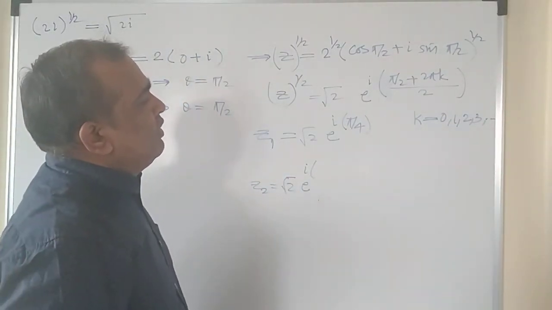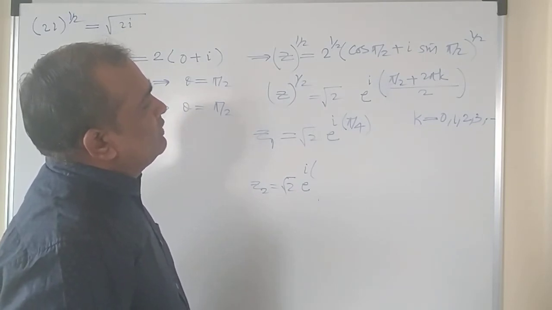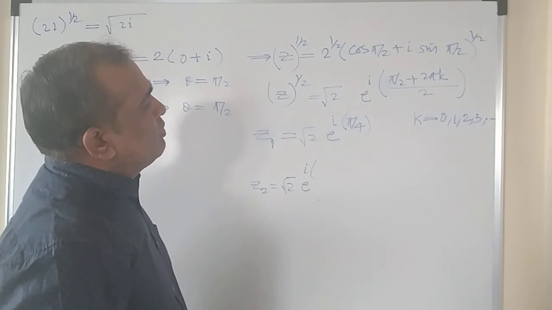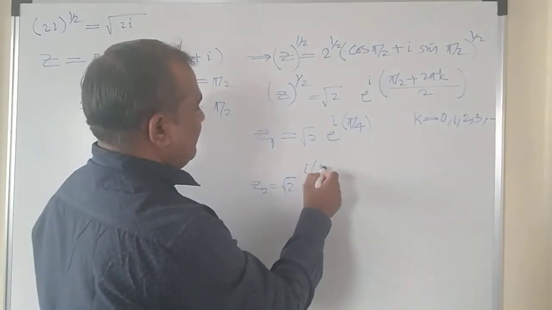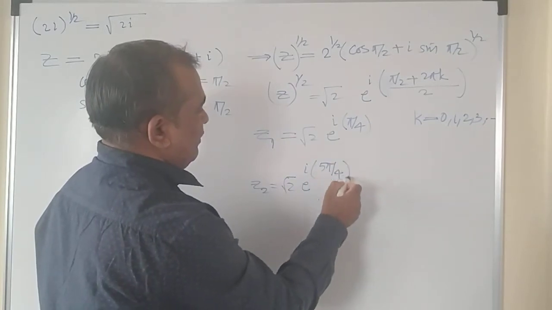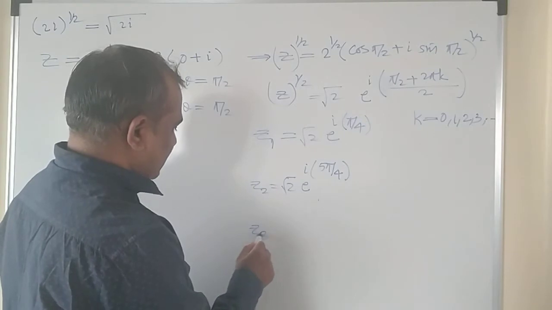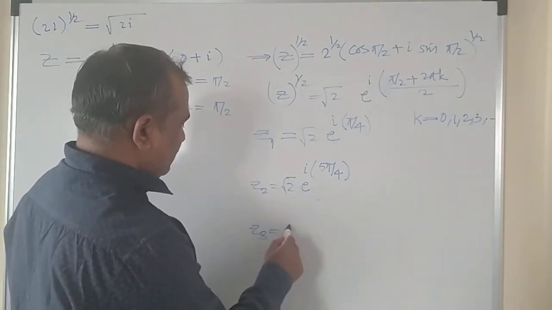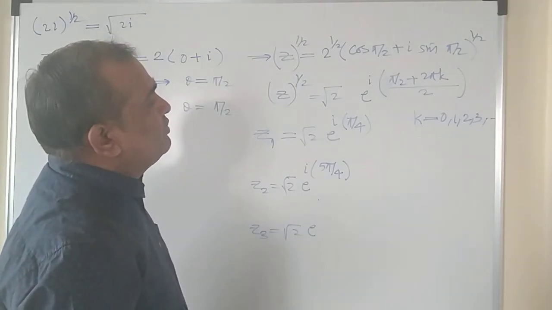So if you put the value of k equal to 1, equate the denominator, then you will get 4 pi by 2. 4 pi by 2 plus pi by 2 will be 5 pi by 2, and by 2 will be 5 pi by 4. Isn't it? You will get this second root. Let us calculate the third root also. Now while calculating the third root, put the value of k equal to 2.